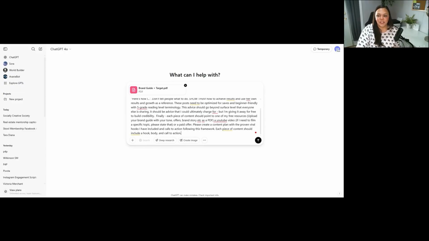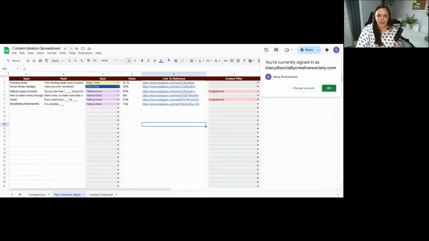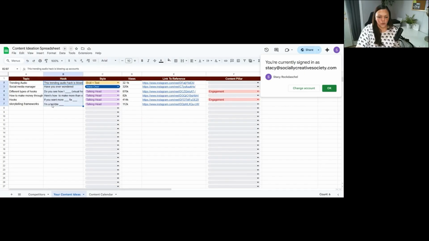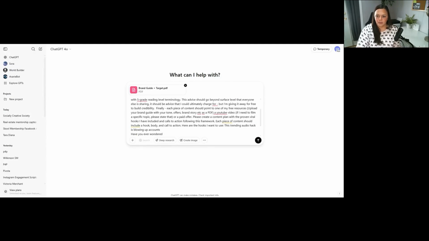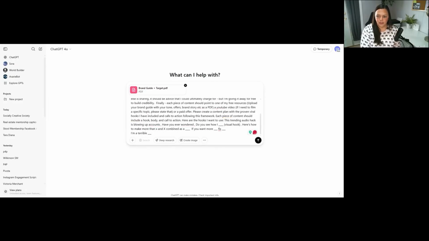Now, before you hit enter, this is where I want you to copy and paste the hooks from your content research. So again, I'm gonna go in here. I am just going to grab all of these hooks, highlight them, Control-C for copying. Here are the hooks I want to use. Okay, the hooks I want to use, and then I'm just gonna paste them. There we go. And then I'm gonna make sure that I separate them by a comma. Again, you should have at least 12. For the sake of time, I just did 6. So now you are ready to hit enter and see what ChatGPT puts out.